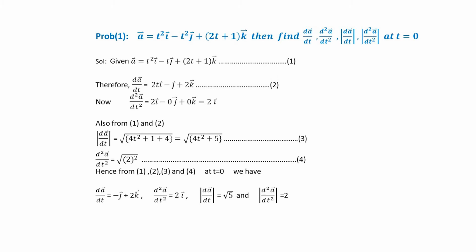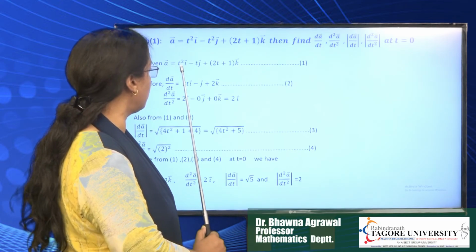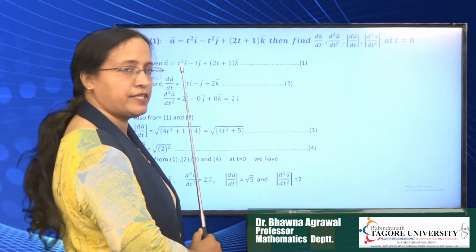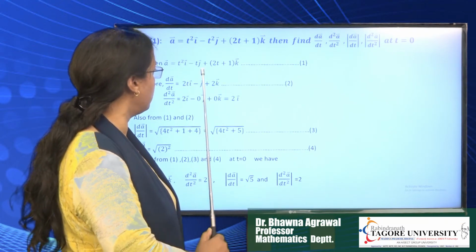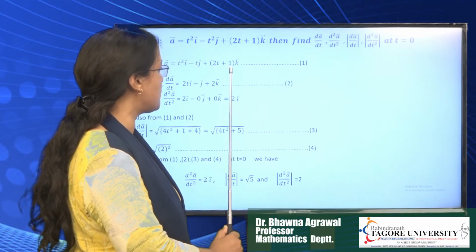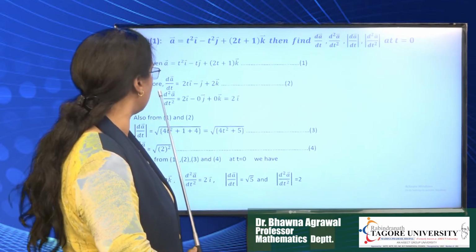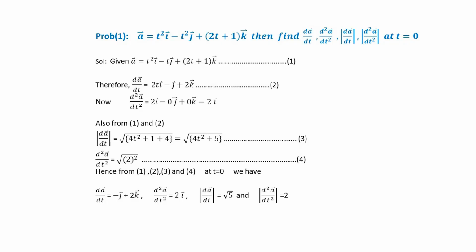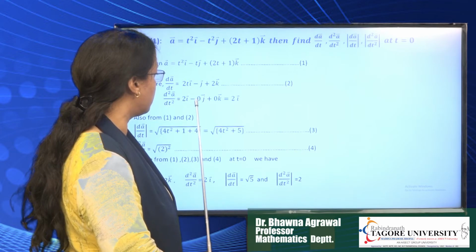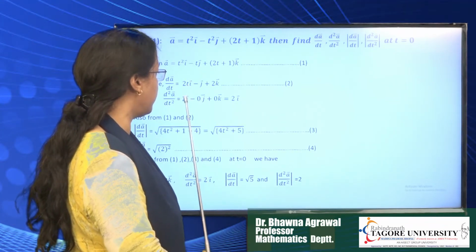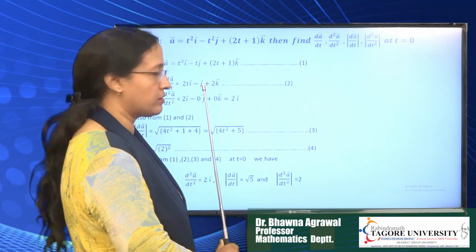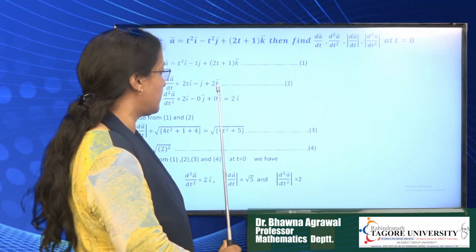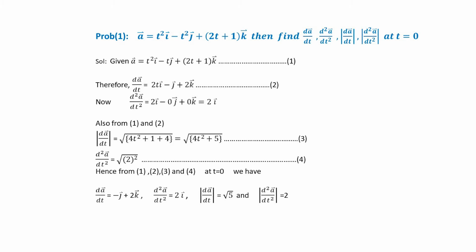This was given. Therefore, differentiate this with respect to t. A is equal to t square i. Differentiating t square gives 2t. For t, it is 1. Differentiating this gives 2. Again, here it is given double differentiation: differentiating dA by dt again, this will be the result. For t it is 1, t is not the variable over here, so it is 0. Finally, it gives the result 2i.